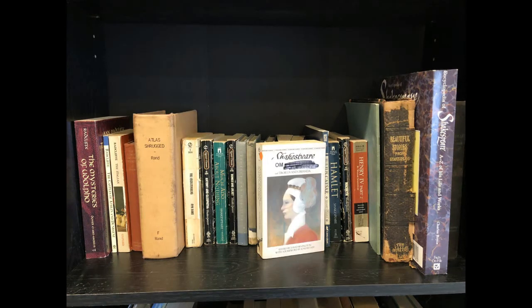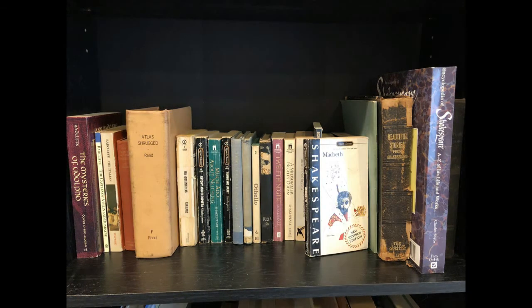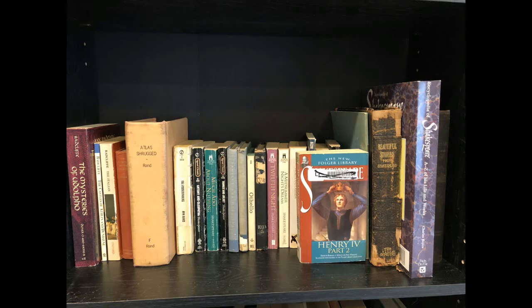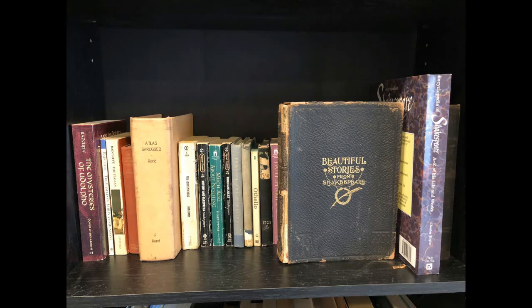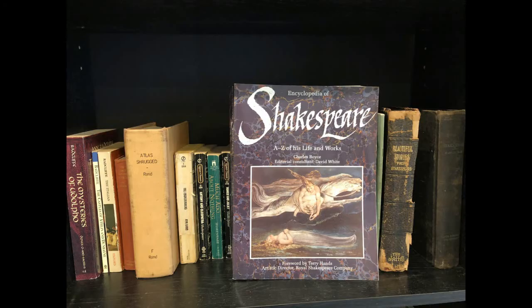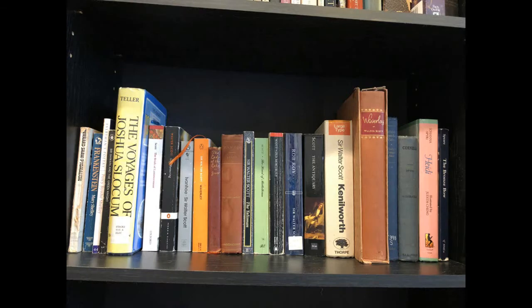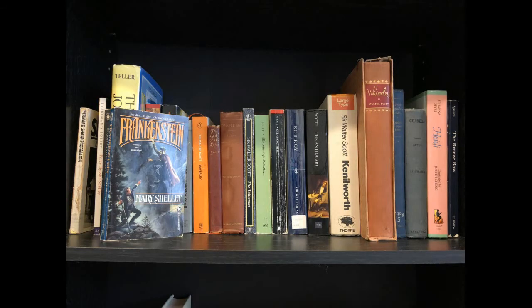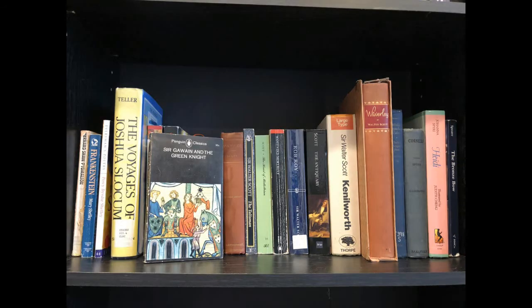And then three of them together: Measure for Measure, All's Well That Ends Well, and Troilus and Cressida. Julius Caesar, Hamlet, Macbeth, Henry IV Part 2, one of my favorites, another copy of Romeo and Juliet, an edition of beautiful stories from Shakespeare, which are kind of retold for children, then the Encyclopedia of Shakespeare, and a biography of Shakespeare. On the next shelf, we have Pygmalion, Frankenstein, an Everyman's Poetry edition of Shelley, Sir Gawain and the Green Knight,